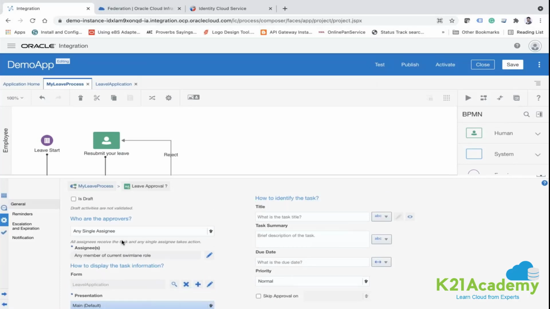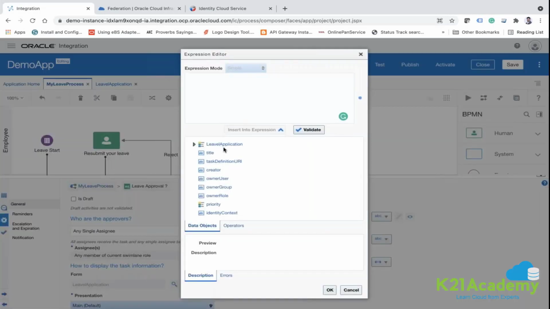And then title of the form, if you want to make it static, you can do this. If you want to make it dynamic, let's say expression editor. And here you see leave application, and all the component properties will be visible here. Let's say email address, first name, form, last name, reason, and to.